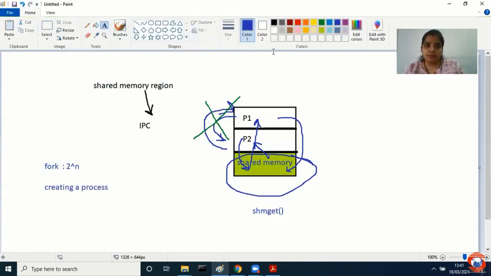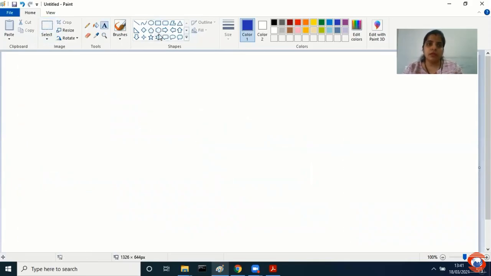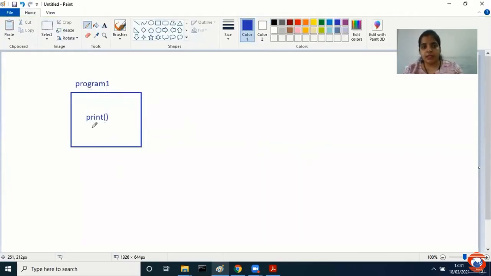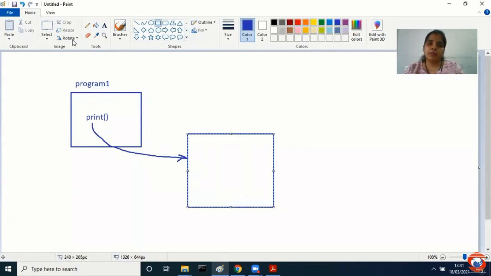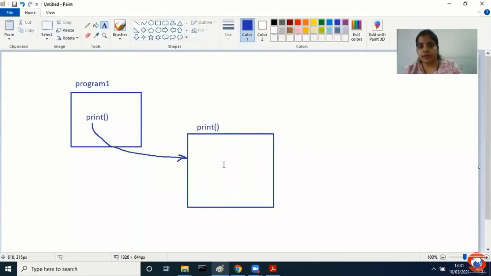Now, suppose I have written a program. Okay, so this is my first program, program 1. And from this program, let us say I'm giving a print command, and this file is getting printed over here. Obviously, it's a print command. So again a process will be created and it will go to my printer and perform the task, right? Means can I say this is my parent process, this is my child process? One process is generating another process.